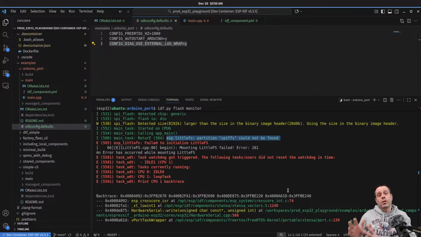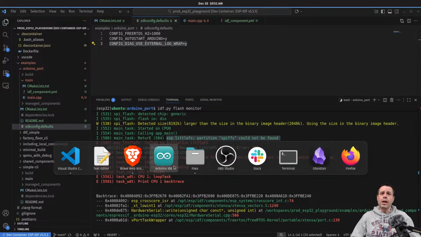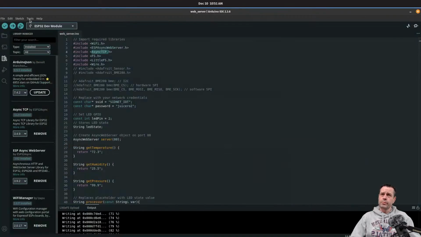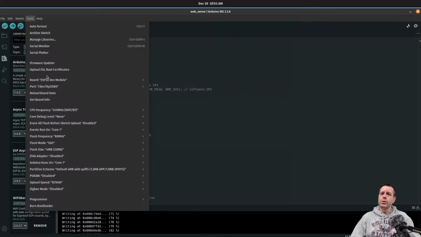This is more magic that Arduino is abstracting away from you so that you don't have to deal with. But you have to think about this little ESP32 dev board as a computer with a hard drive. And just as you have partitions on your hard drive where it's like, this is where the OS goes and data goes, and maybe there's a recovery partition, the exact same thing is true of the ESP32, except if you're used to Arduino land, all that stuff is hidden from you. The most you'll ever see it is if you come to here into tools,